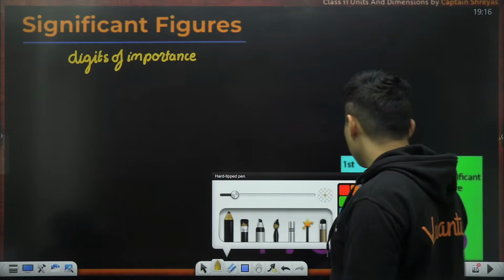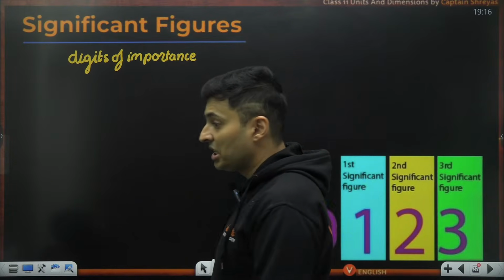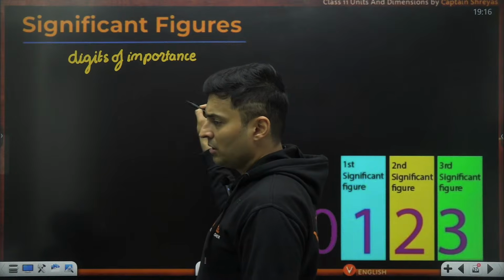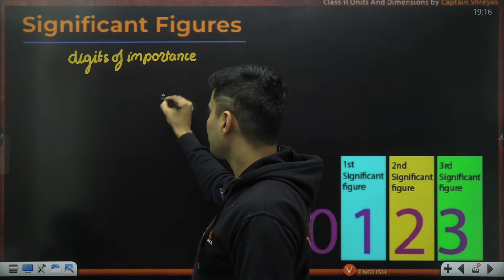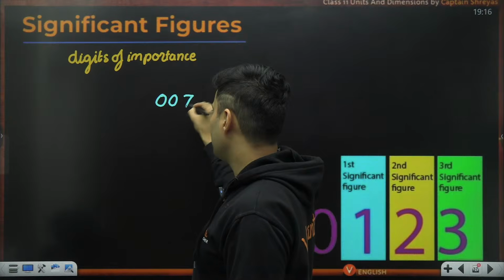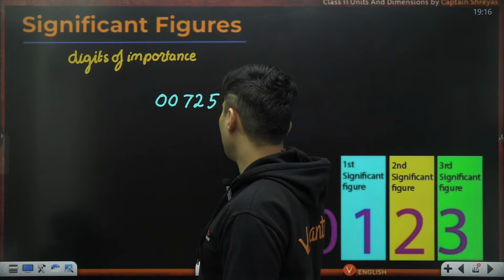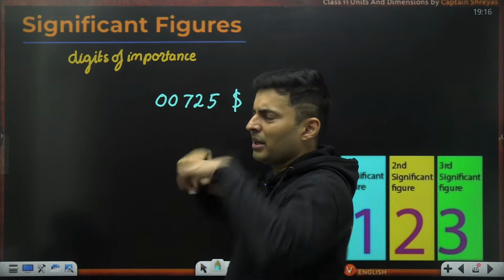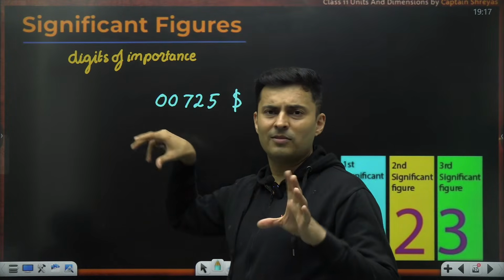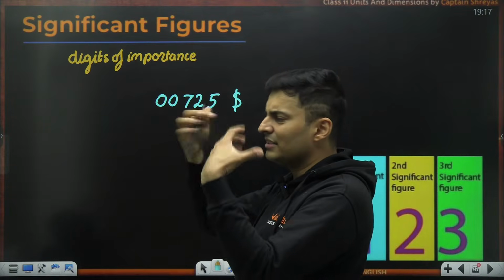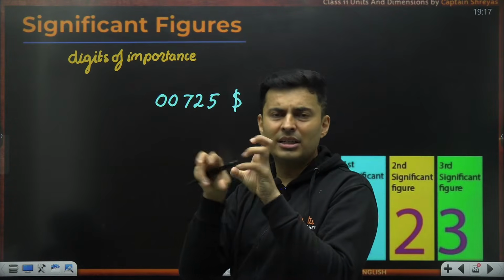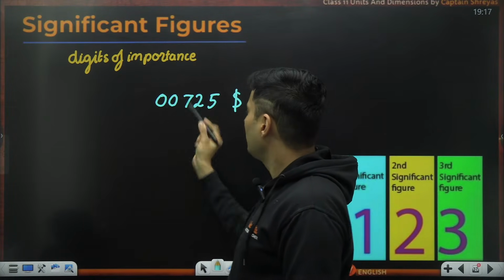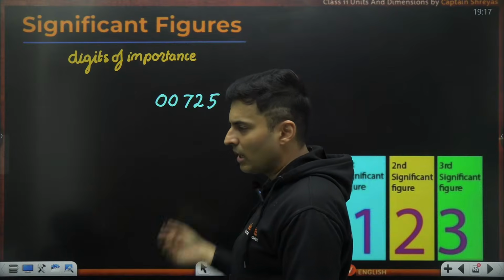Like you might have seen, especially chartered accountants or in some places, they write how much amount this costs, and they say it costs 0.0725 rupees or dollars. You might have been wondering why 00. Even in a petrol pump it shows 0.005 liters. These zeros are not significant. That zero just shows because of the meter or the digital configuration, however it is. So sometimes you might see some zeros here, but they have no value as such.